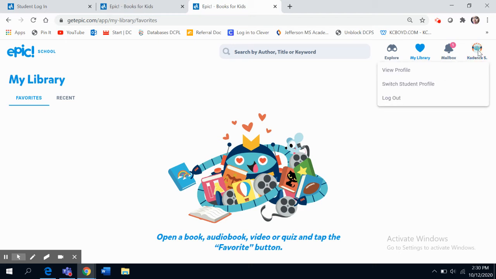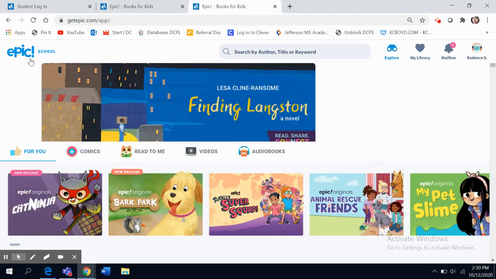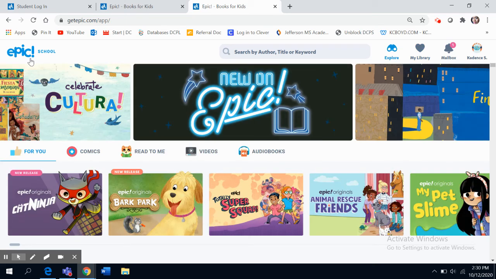So this is essentially Epic Books. It's a really nice tool for you to use. I hope that you will make use of it and read at least 30 to 45 minutes a day, because if you do that, your reading comprehension, your vocabulary, your understanding of material, your fluency, it's just going to improve, and it's going to increase, and you're going to become a stronger reader,